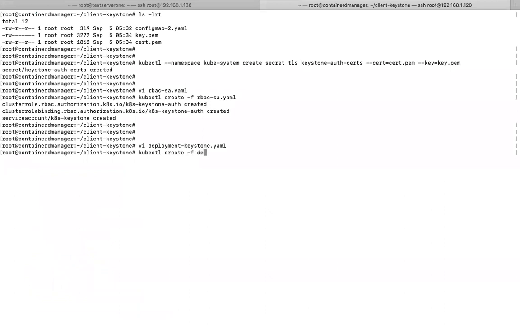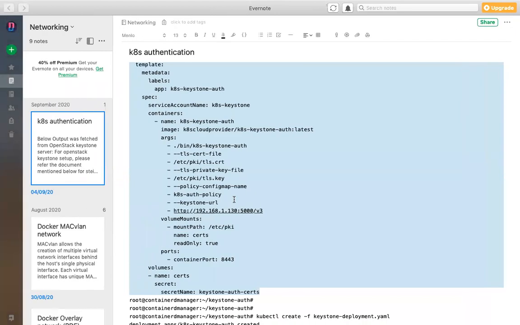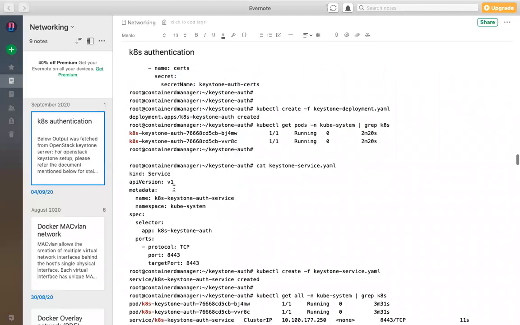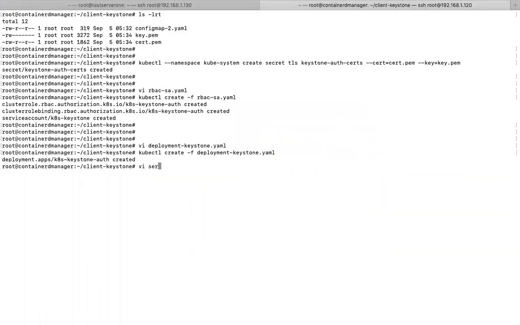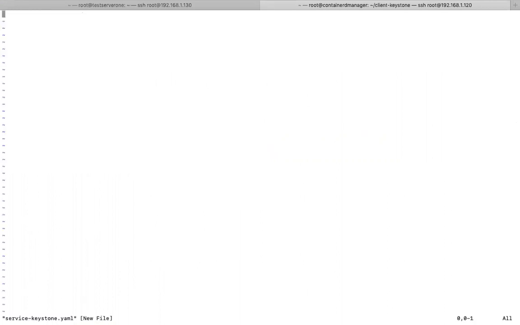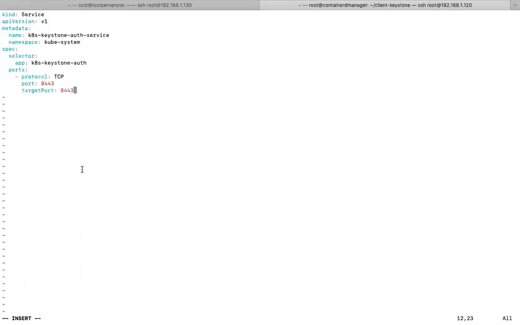And this is trying to create in the kube-system namespace. After this, I need to create a service as well. I am exposing that particular Keystone deployment using a service with a cluster IP, and you can see the port number which they are using is 8443, which is secured.